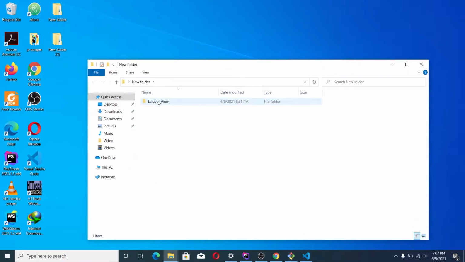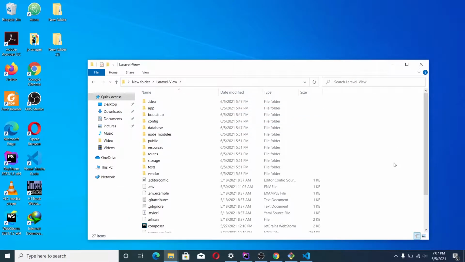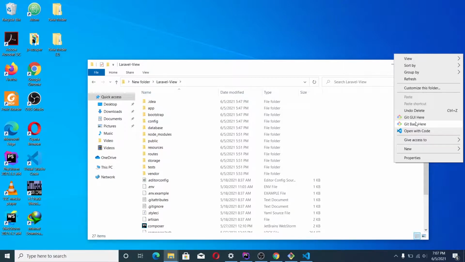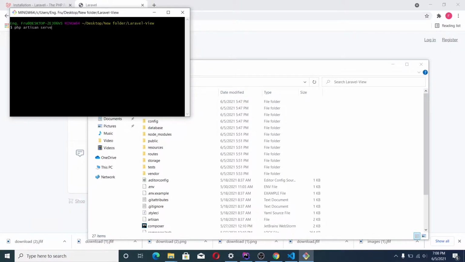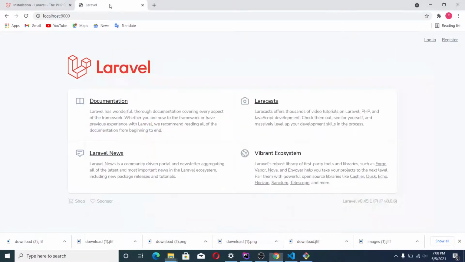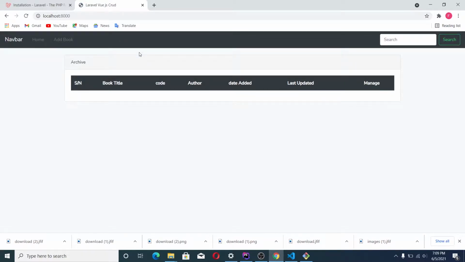So I'm going to show you the application you're going to be building in this video. Okay, so it's essentially like a smaller build where you have books that are present in the library. So you can add a book, you can view a book, you can edit a book, you can delete a book.